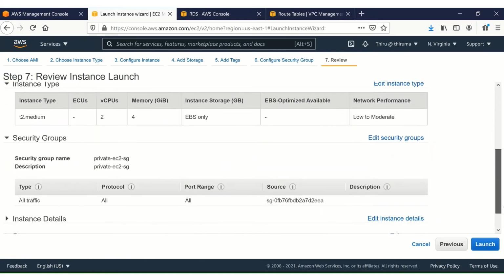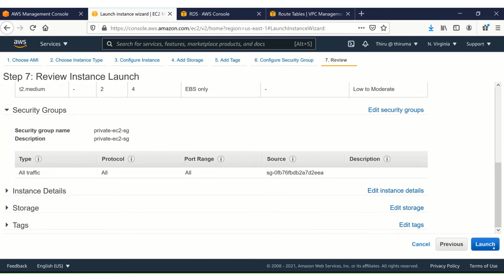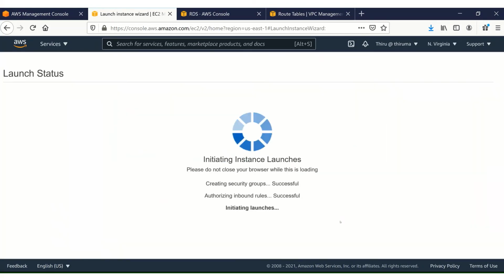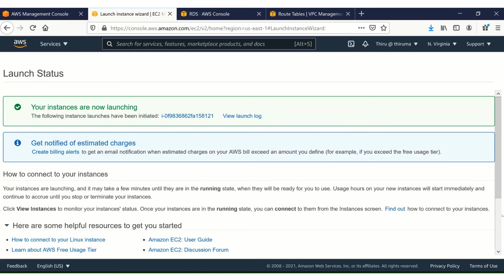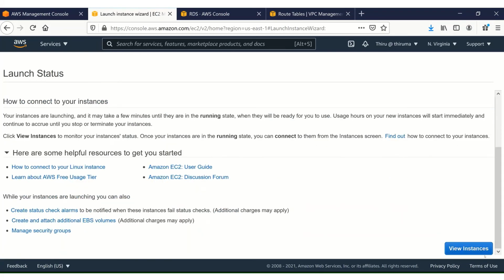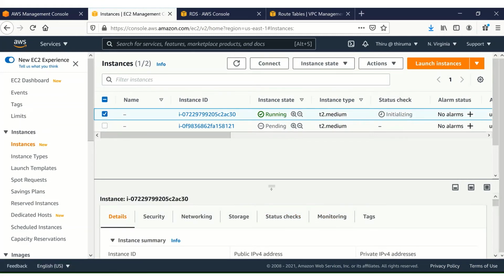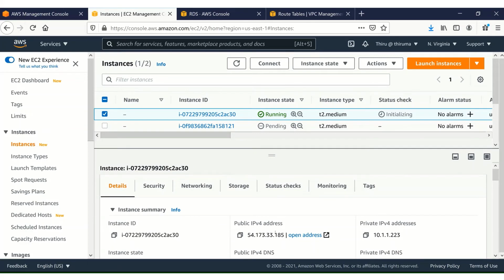Now let's go ahead and launch it, and I'm going to select the key pair that I have already created, acknowledge, and launch instance. So it's going to take a while for the instance to be created. First instance is already created and it has a public IPv4 address, and the private EC2 instance is being created